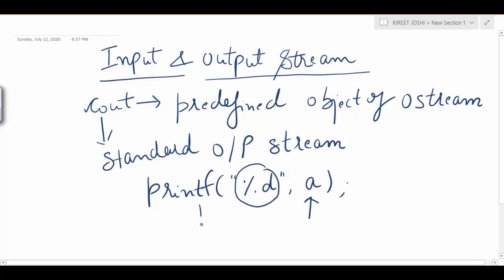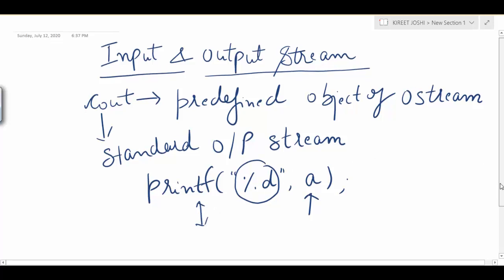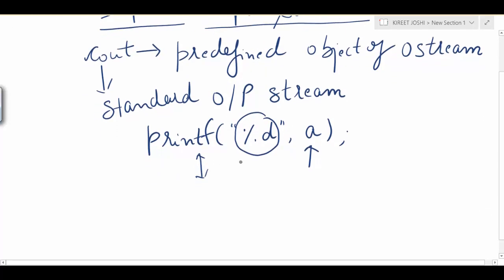But in C++, if we talk about the same concept, there is no concept of a format specifier here. We can directly write cout, the predefined object, followed by these two angular signs.